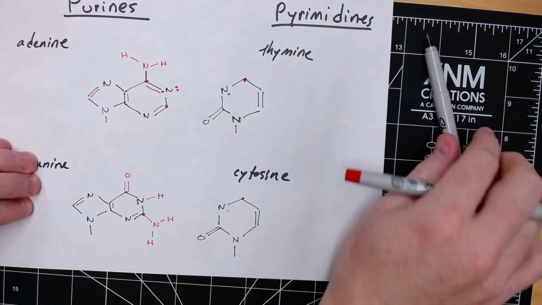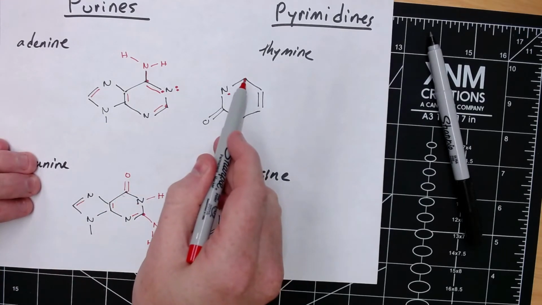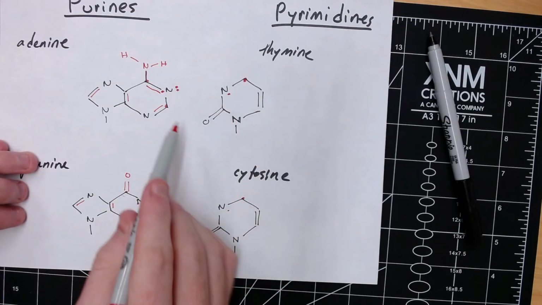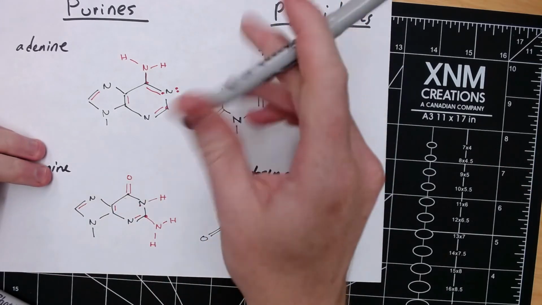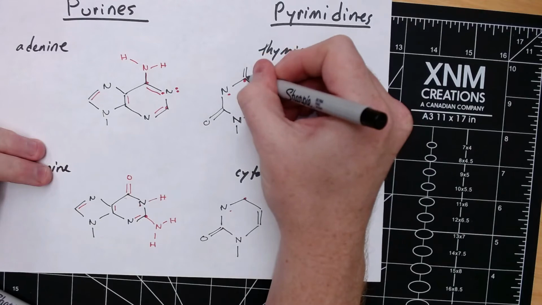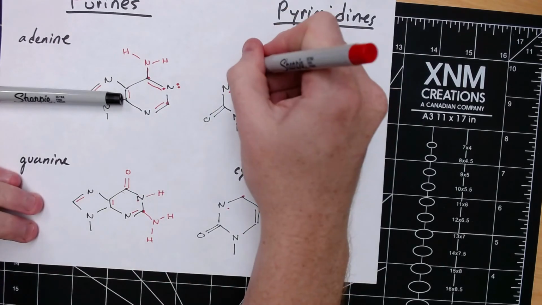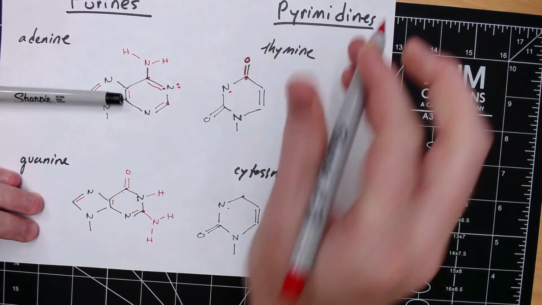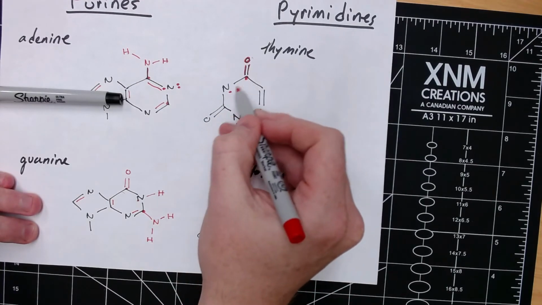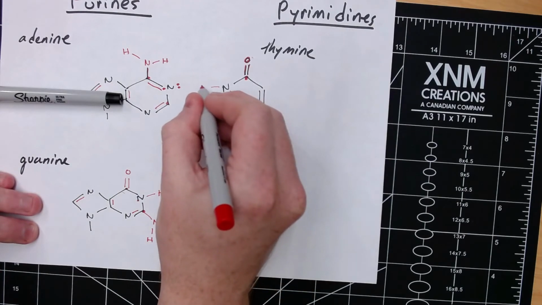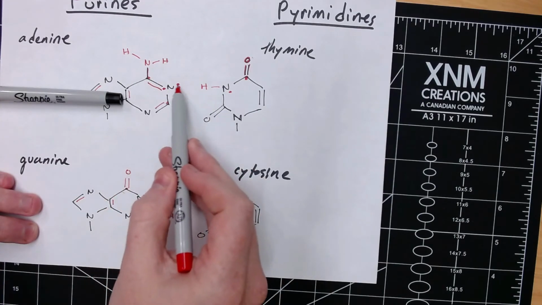And so if adenine is going to make a base pair with thymine, are we going to put an amine, or are we going to put a carbonyl here? Well, this is acting as a hydrogen bond donor, so it makes sense to put an acceptor here, and really the only acceptable acceptor is the carbonyl group. So we will put a carbonyl group here at this position. And because we put a carbonyl group here, we're not going to put a double bond here, and that means that we're going to put a hydrogen here,